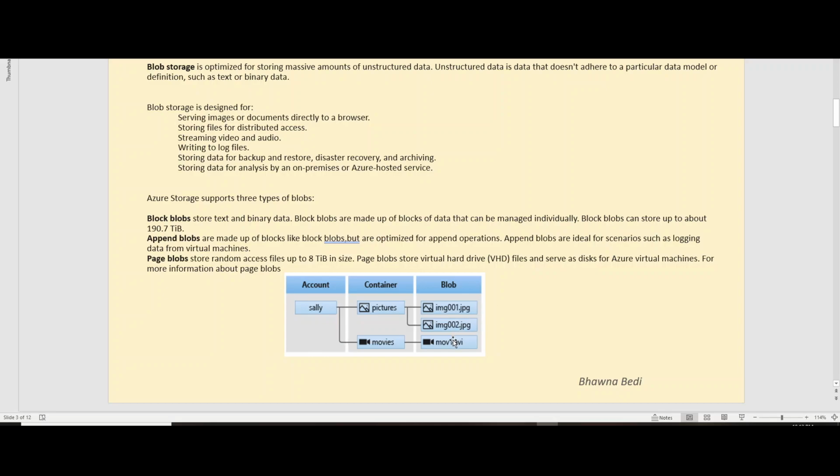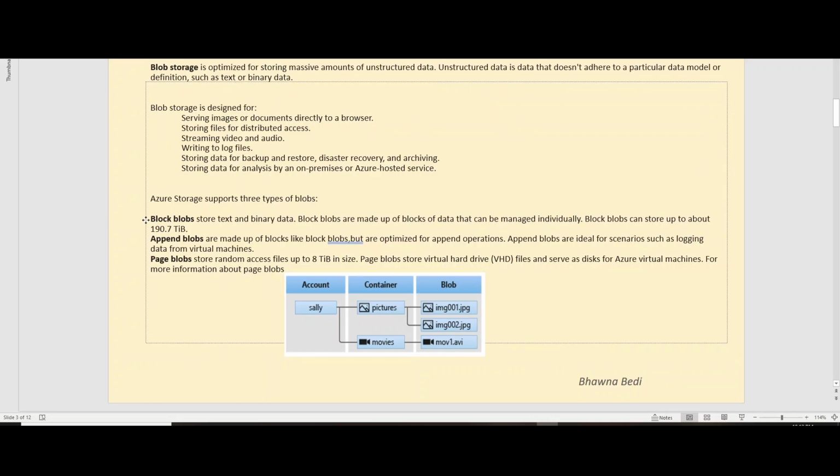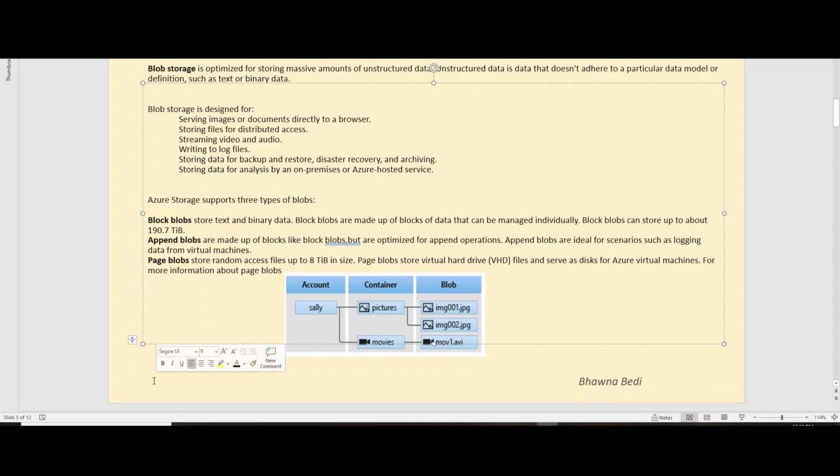For example, if you have logging data, you can choose an append blob. If you have binary data or text data, you can choose a block blob. Likewise, there are different sets of blobs which you have to select while working on blob storage.